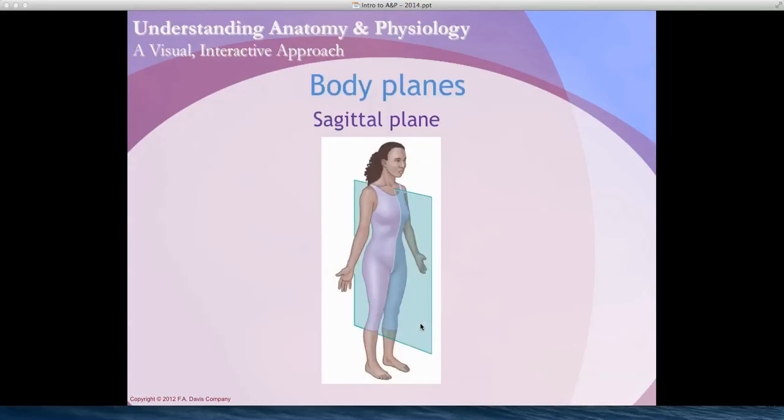Body planes: there are 3 different body planes that I want you to know. The first one is the sagittal plane. That's a plane that divides the body lengthwise into right and left sides. So if we cut somebody open like that, you would see into the cavities of their body. It's not very